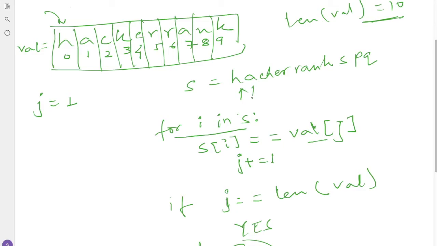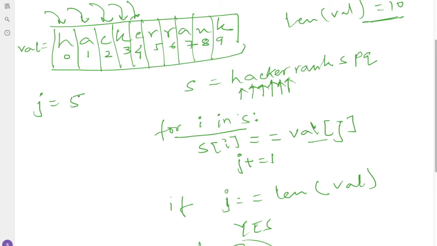We'll move forward. Again for this a, the value at j equal to 1 is a. Again it is equal, so we'll increase the counter. Here we have c, and the value at 2 is c. Again both are equal, so we increase the counter by 1. We are at k, and the value at 3 is k. Again both are equal, so this will be increased by 1. Now the next value is e, and the value at 4 is e. Both are equal, so it will become 5.